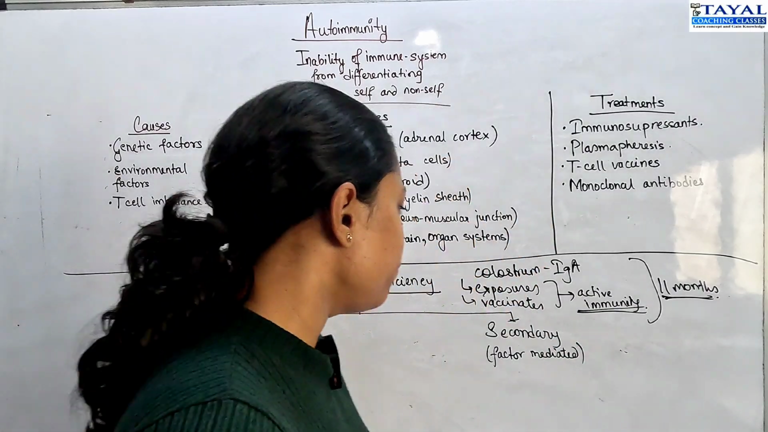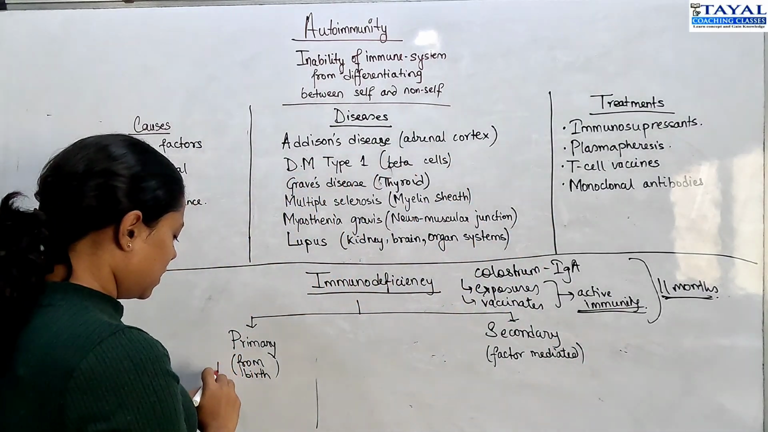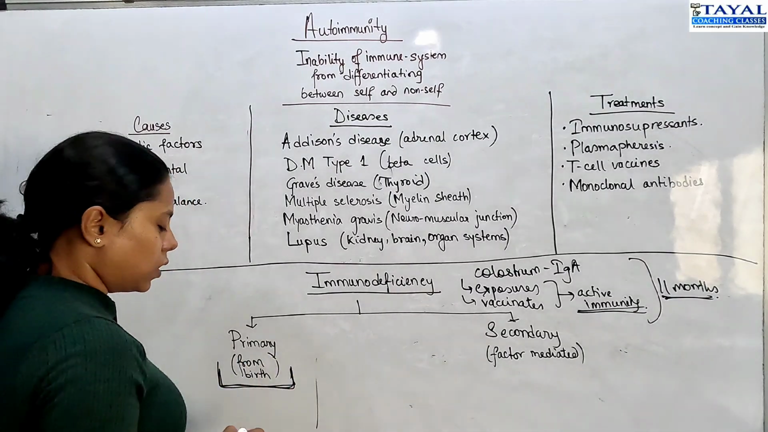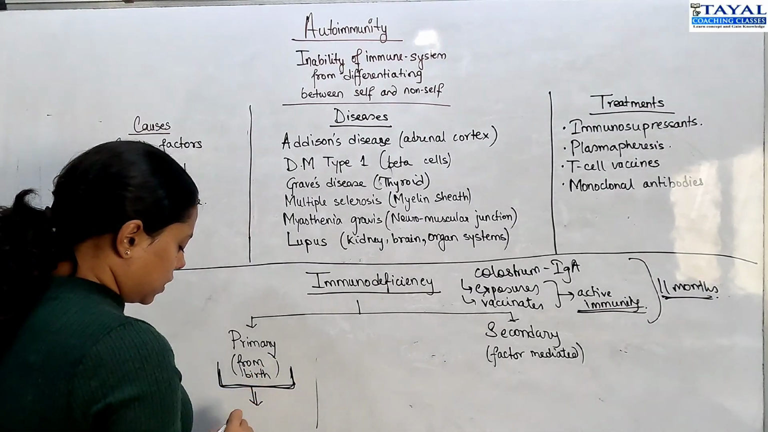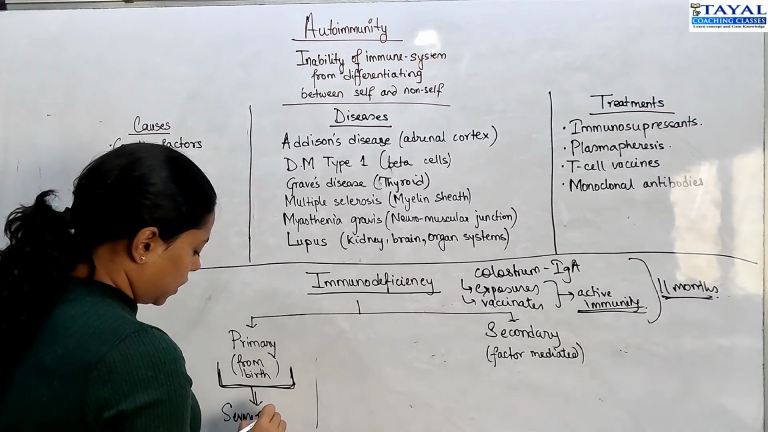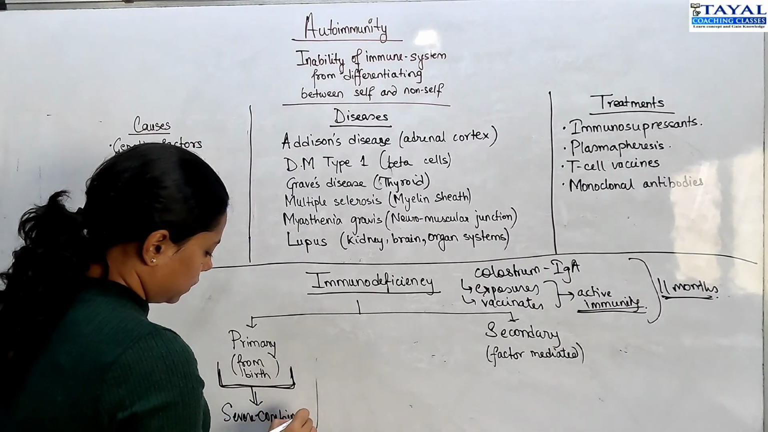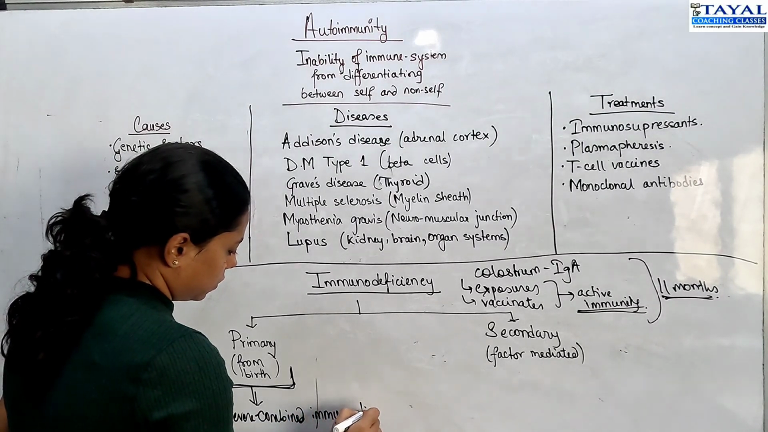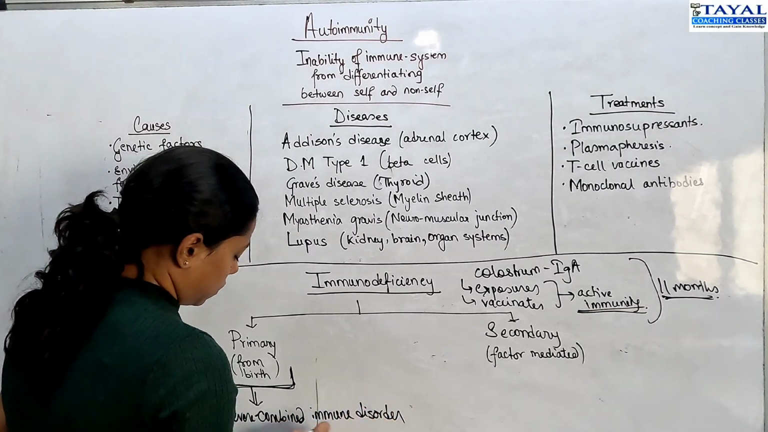system. However, in certain cases, there is a kind of immunodeficiency, which is the primary kind of immunodeficiency. It's known as severe combined immune disorder, or SCID,